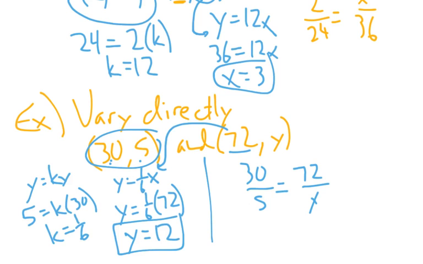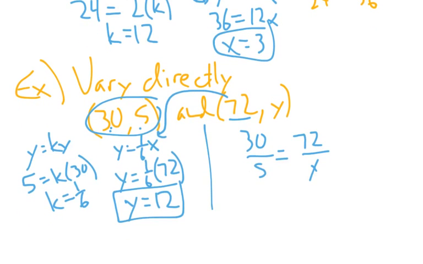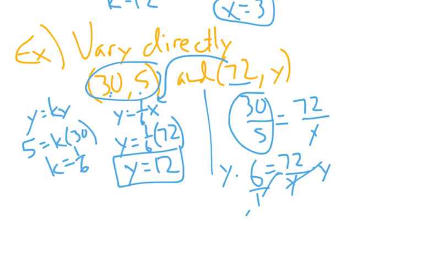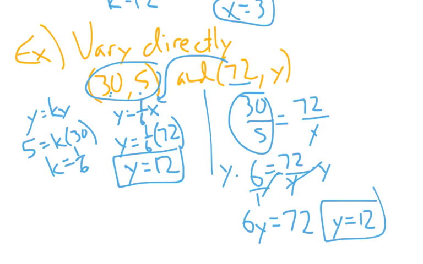So I could do some cross multiplying, but I see that this is going to simplify right now, so I'll do that. 6 equals 72 over y, times both sides by y, or do actually some cross multiplication. Just move the 1 over there. Those cancel out. 6y equals 72. y equals 12. So again, multiple ways you can go about it, but this is how you end up solving for these problems with direct variation, and it all hinges on